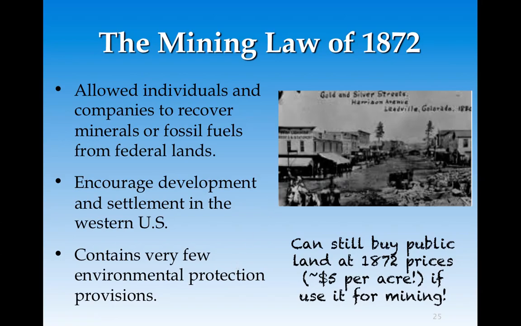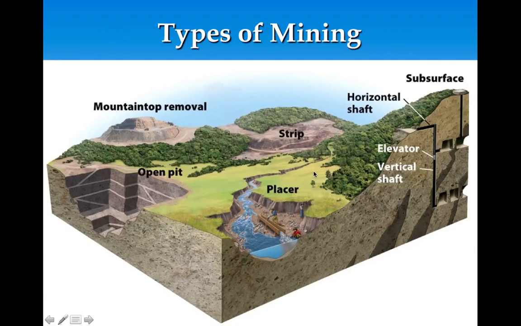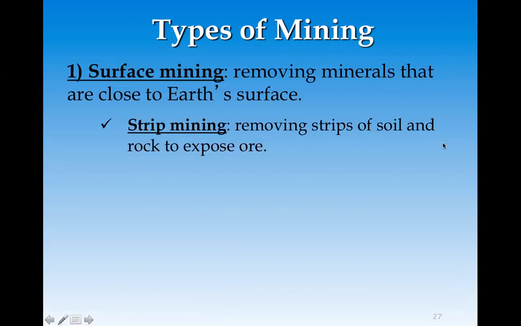So that's problematic. And there have been many efforts to change that. And we'll talk about the laws that were passed to help clean up the act, so to speak. But here's a diagram. Basically, I like it because it shows all the different types of mining. So here you have the different types of surface mining, mountaintop removal, and the strip, and the open and placer mining. And then here you have the subsurface mine, or the underground mining. So I'll go into each one of those.